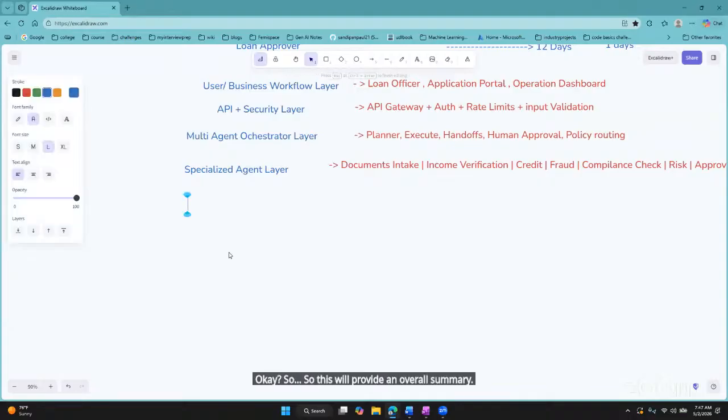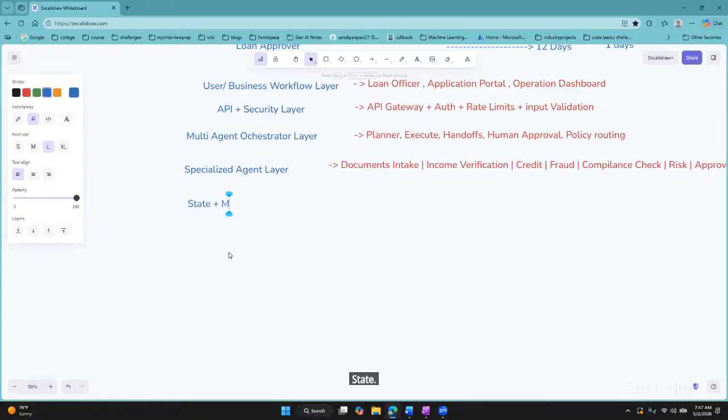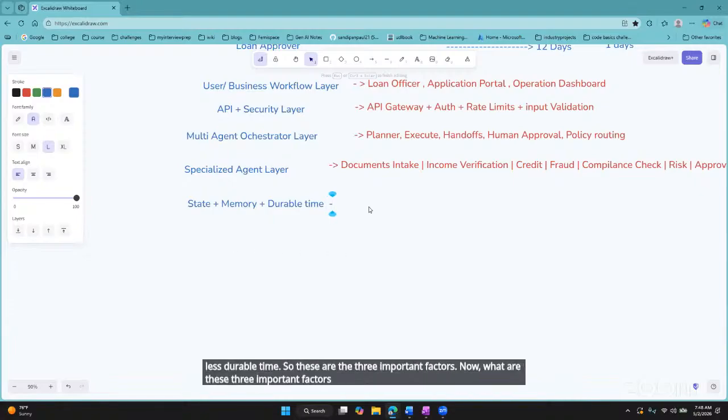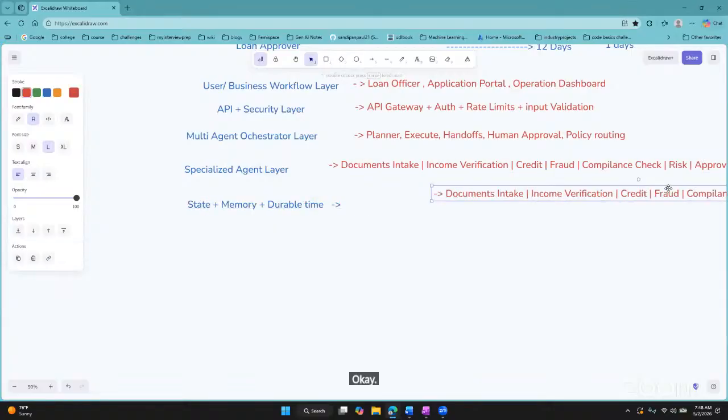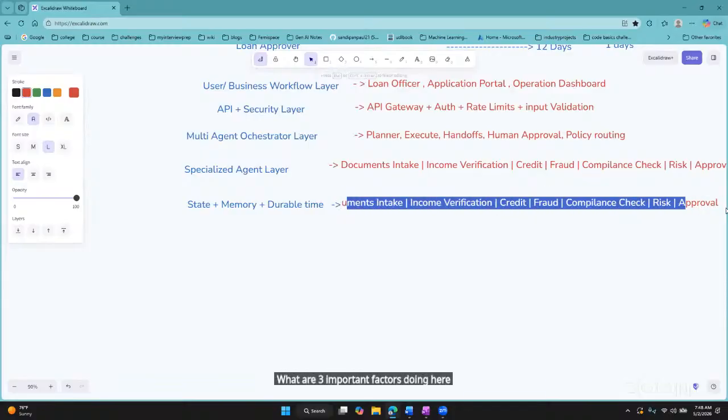Now, the actual things come when it comes especially to the agentic layer. The very special thing here is state, stateless memory, and durable time. So these are the three important factors. Now, what are these three important factors doing here? So the very first one,